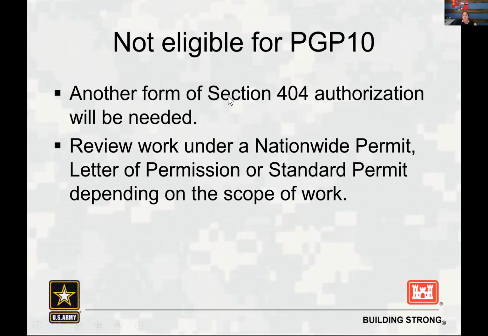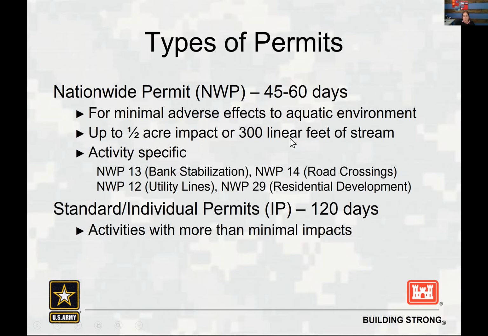So what happens if you can't get your PGP-10 because your work doesn't qualify? Then you would need to go through a different type of permit. And then we have nationwide permits, which are project specific, and those take a little bit longer, between 45 and 60 days. And depending on the work, we have nationwide 13s for bank stabilization, nationwide 14s for linear transportation projects,